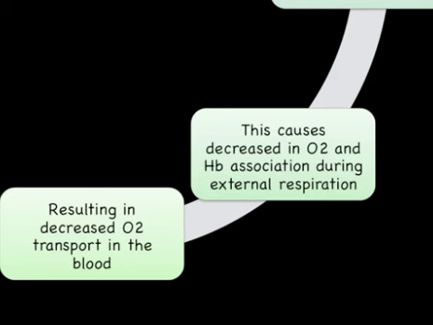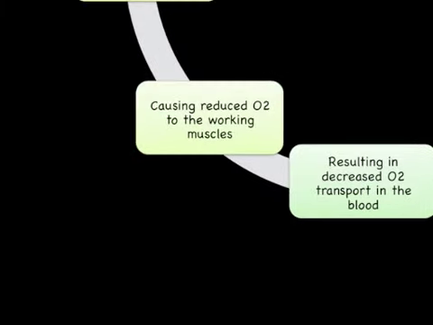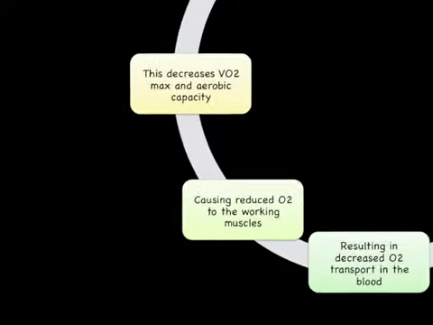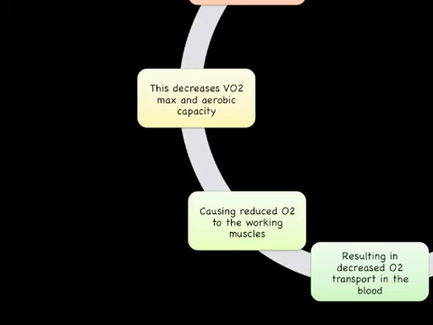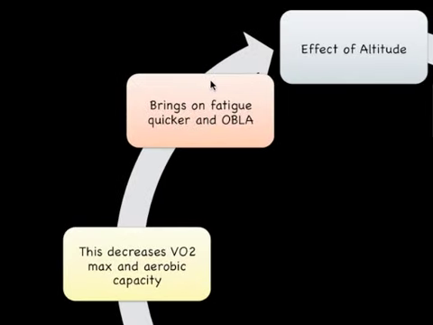The fifth point on this wheel says that the result of that decrease in oxygen means obviously there's a decrease in oxygen transport in the blood. Not enough oxygen in your alveoli means we can't get enough oxygen within the blood to be transported around the body, which then moves on to the next step, which means there's not enough oxygen to the working muscles. Ultimately, what that then implies is there's a decrease in your VO2 max, which is the volume of oxygen you can uptake during exercise, and your aerobic capacity levels will reduce.